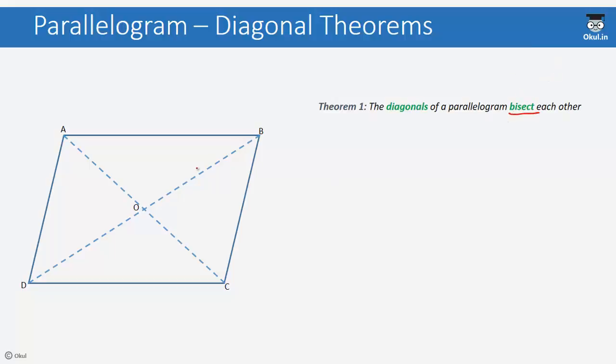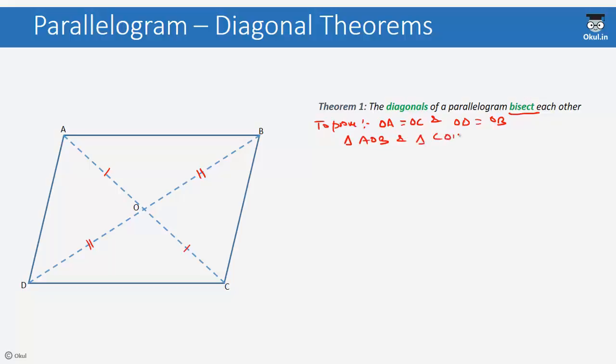That is, OA is equal to OC and OD is equal to OB. And we are also given that ABCD is a parallelogram. So to prove is this. Now if we look at triangle AOB and triangle COD,